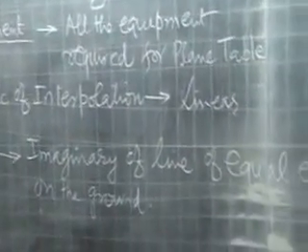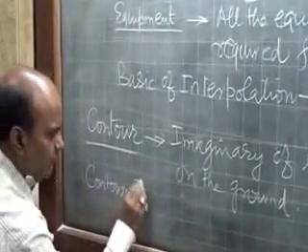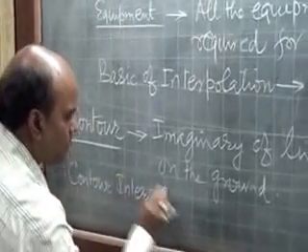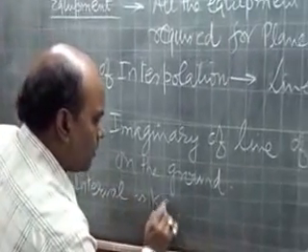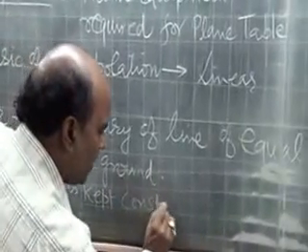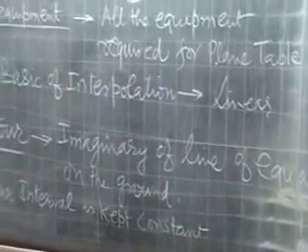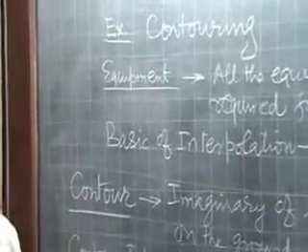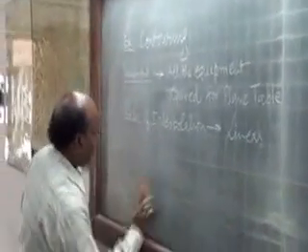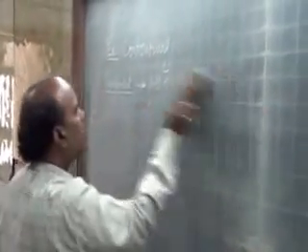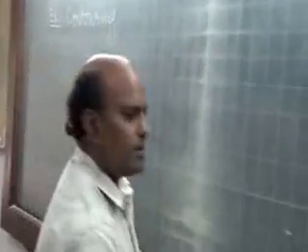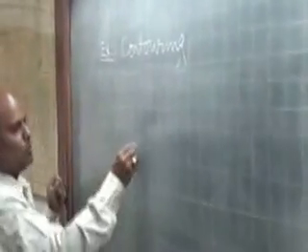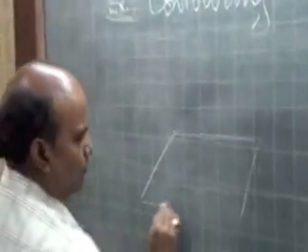In a map, in an area, the contour interval is kept constant. This is very important to remember: the contour interval is kept constant while carrying out the mapping for the area. Contour interval is basically the elevation difference between two successive contours. How to perform this exercise: in the field, when you are performing plane table, at the same time you have to get the elevations of various points.